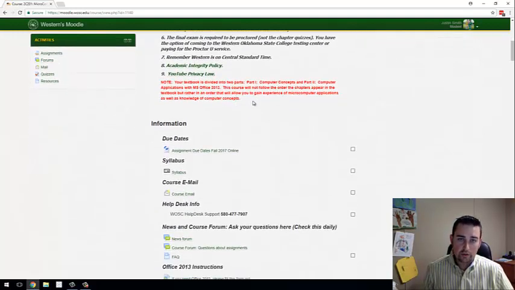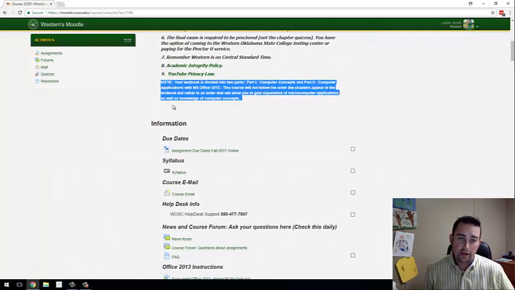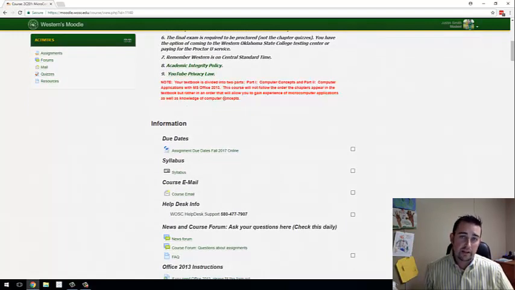So as you scroll down the course, there's a really important note right here that your textbook's divided into two parts. One of the things that they did for this book is basically sandwich two books together, part one and part two. The confusing part, and it never fails, somebody submits the wrong assignment because they're in the wrong section, is they did not renumber the pages or the chapters for part one and part two. So there's two chapter ones in the book, there's two page fives, etc. So make sure right off the bat that you find the break for part two, which is on page 200